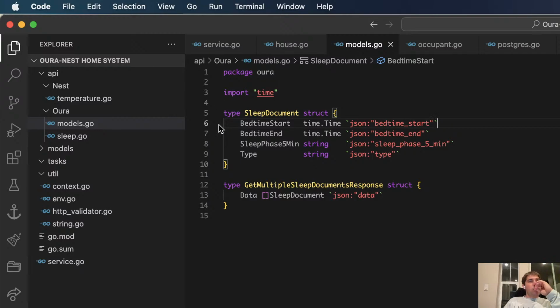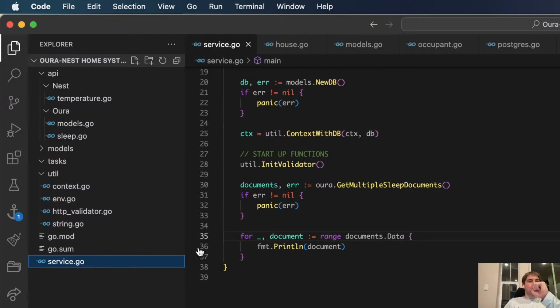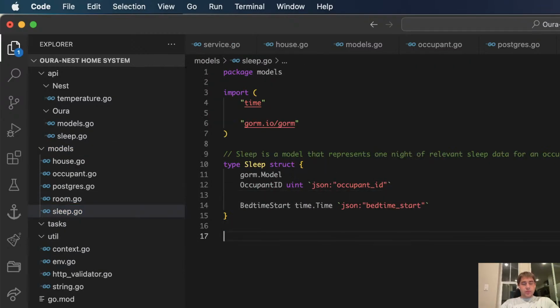What was this? I hate this API function the way I wrote it, but I don't want to spend time fixing it right now. Okay. Let's import these long sleeps. Again, I just want to do this once retroactively. So let's go to models, sleep.go, insert sleep.